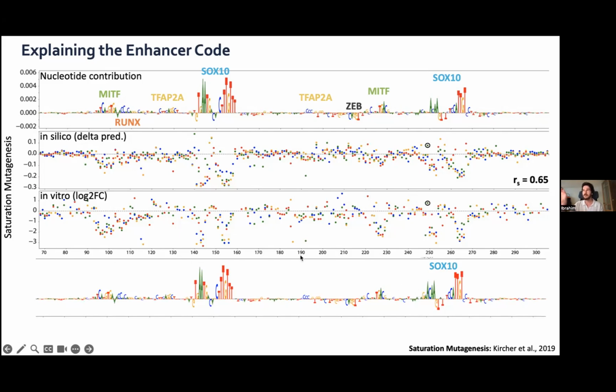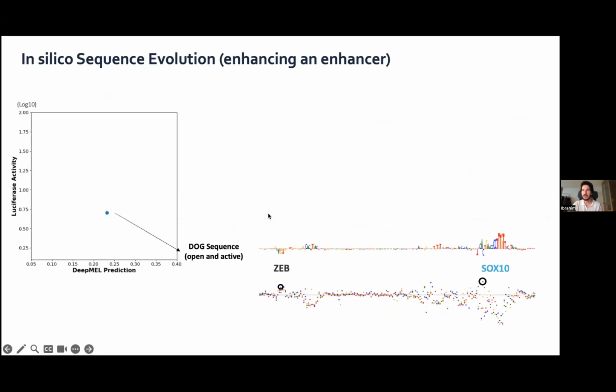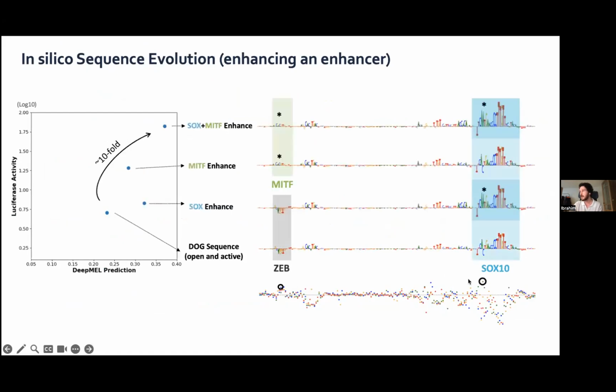So inspired by this, and also because we were studying the cross-species enhancer code, we wanted to see if we can increase the activity of enhancers that are already active in another species. Here we took a sequence from a dog, and as you can see the binding sites here, the model says this mutation and this mutation increase the prediction score a lot. When we apply this mutation, it creates a better SOX10 binding site. And the other one destroys the repressor binding site and creates the activator at the same time, because